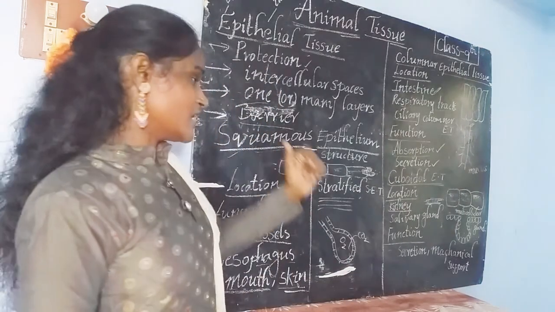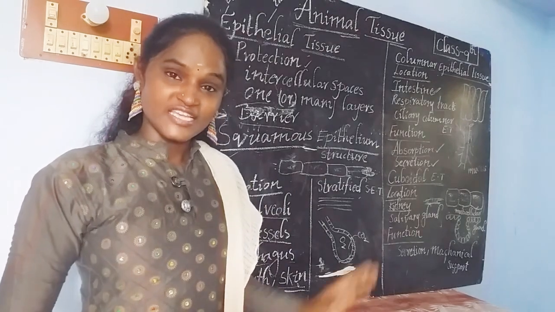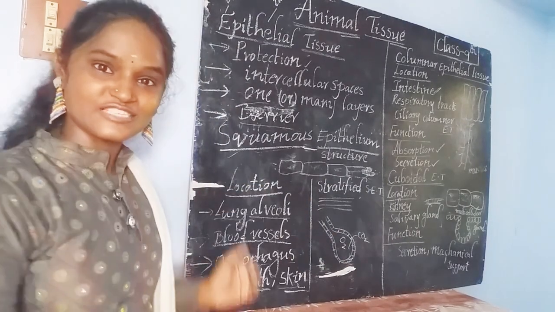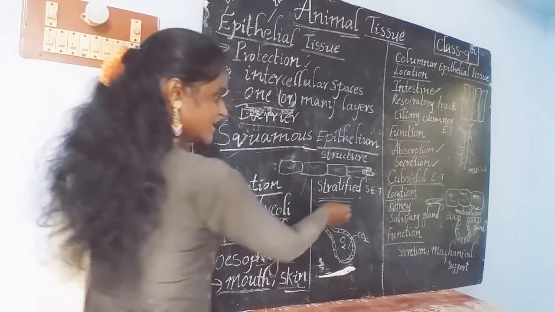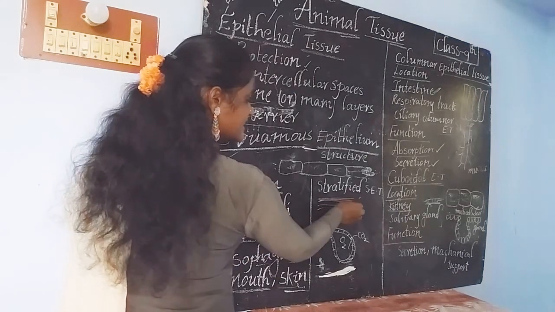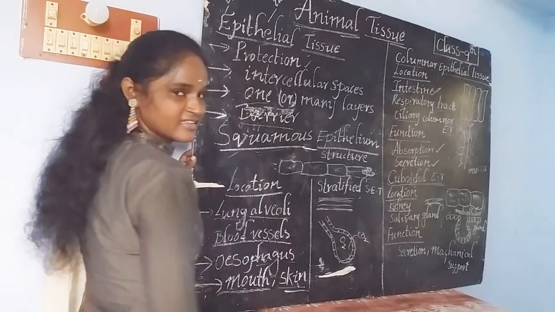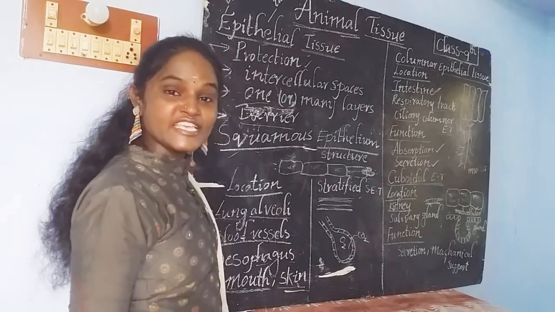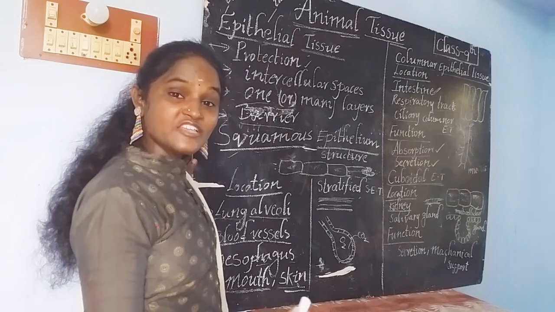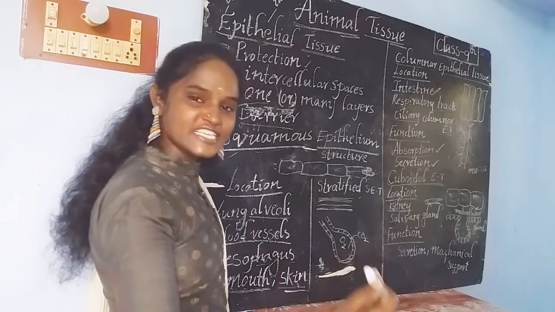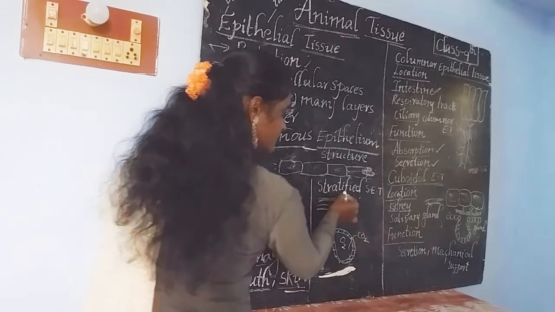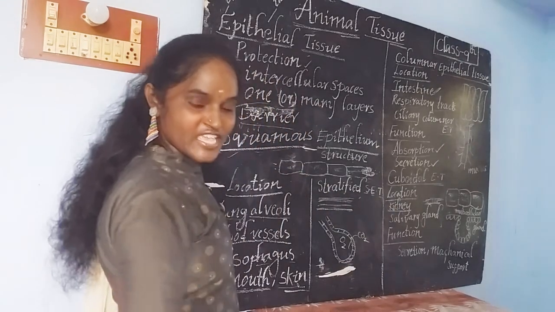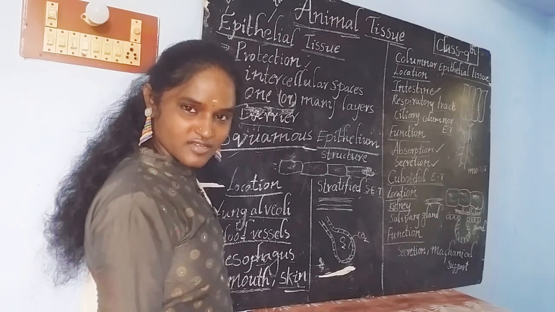Though it is made up of squamous epithelial tissue, it is present inside the skin in many layers. The squamous epithelial tissue is arranged in many layers inside the skin, and such a variety of squamous epithelial tissue is called stratified squamous epithelial tissue. Stratified squamous epithelial tissue. Okay, inside the mouth, it just